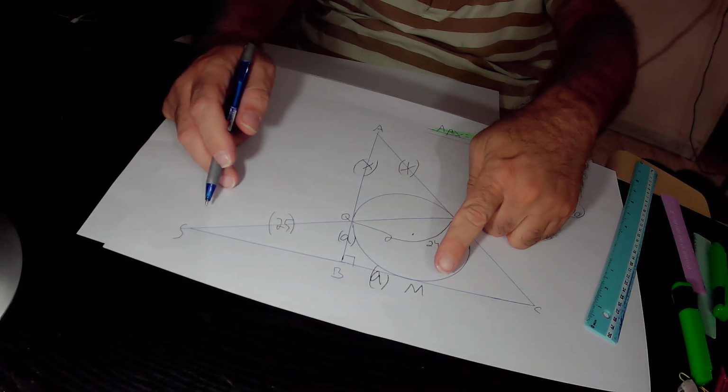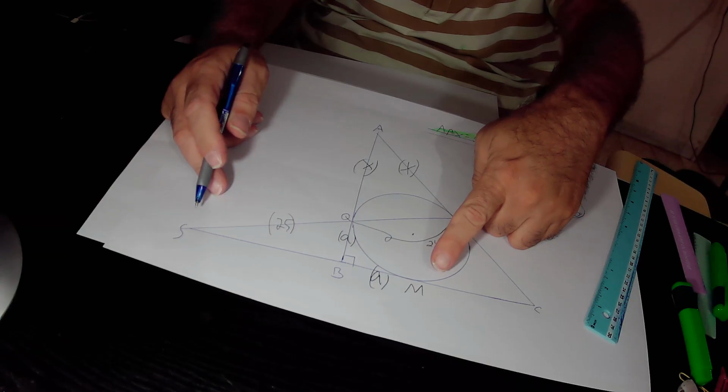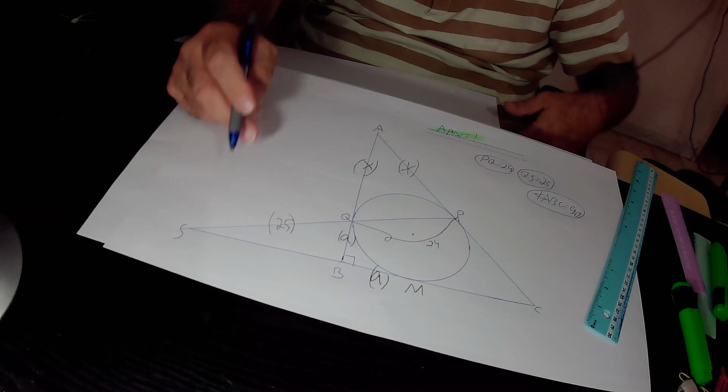SM is the missing tangent. We don't know the length of SM, so we leave it as it is. So it is SM squared